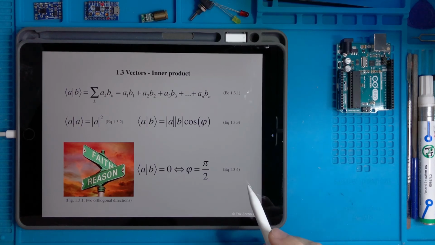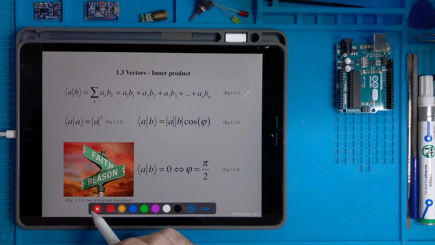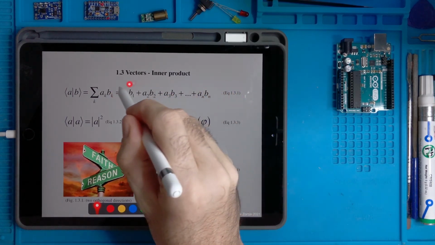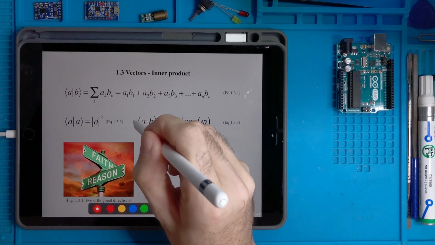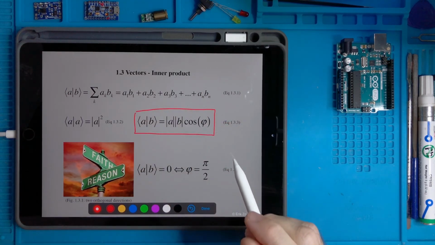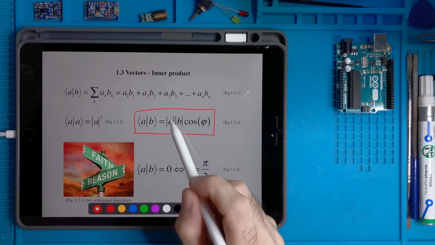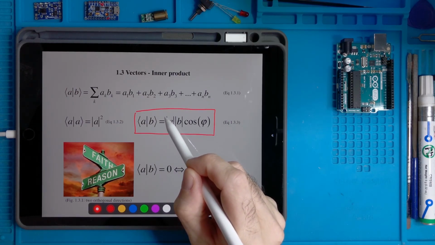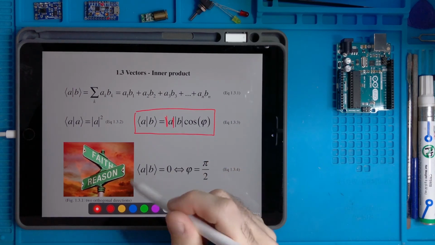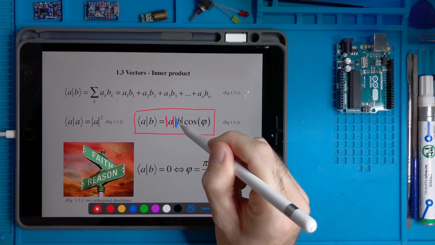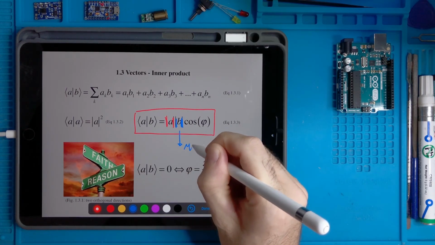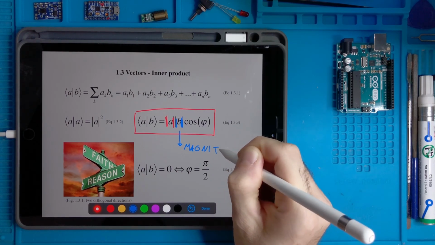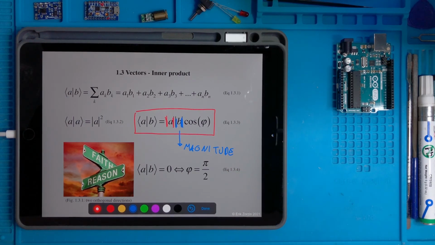It is possible to demonstrate that the number we calculated corresponds also to this operation, where those 2 symbols here are called the magnitude of the vector.